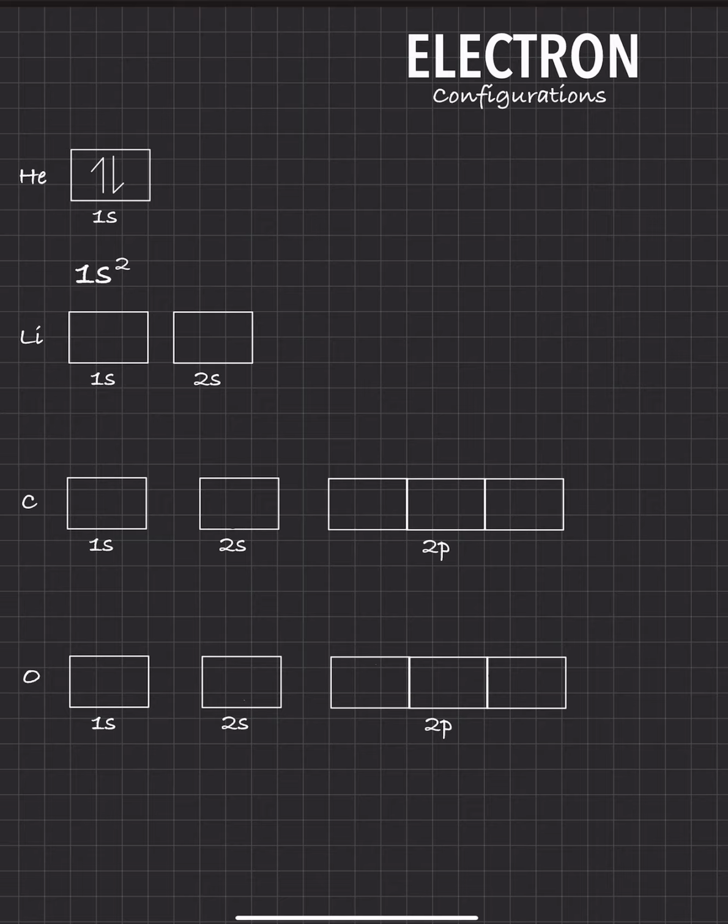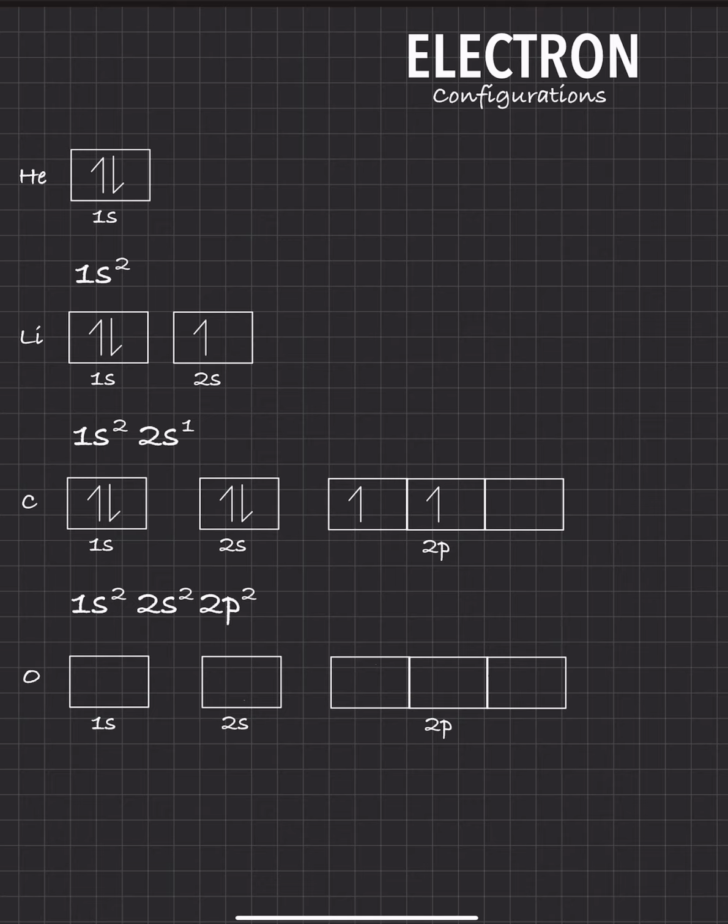For lithium, you're going to have 1s2, 2s1. So again, 1s, then you go back down. Again, now I filled it. Now I'm going to go to the next, which is S, and again, it's going to be 2s1. Now, for carbon, again, lithium's electron configuration is 1s2, 2s1. For carbon, what you're going to see is you're going to have 1s2, 2s2,